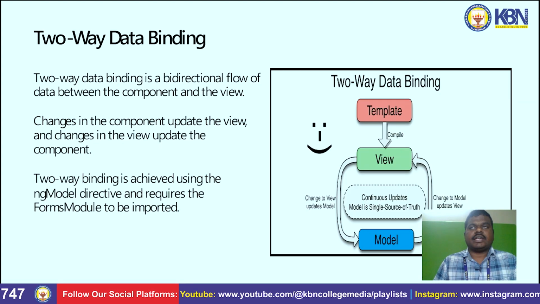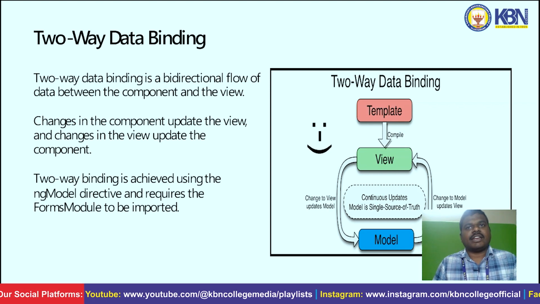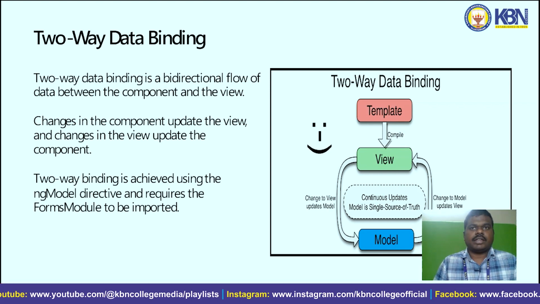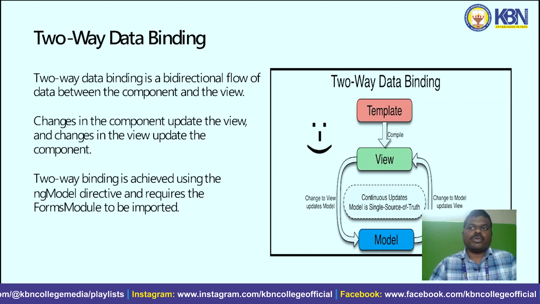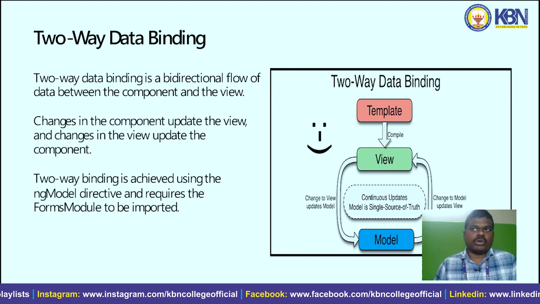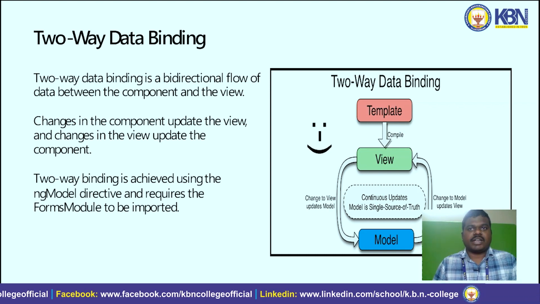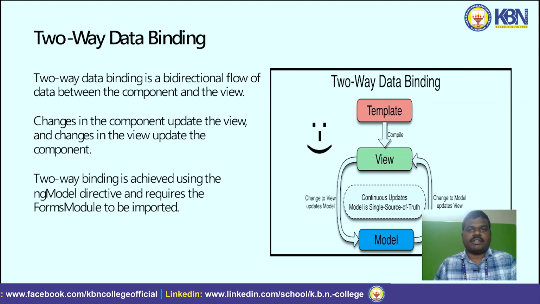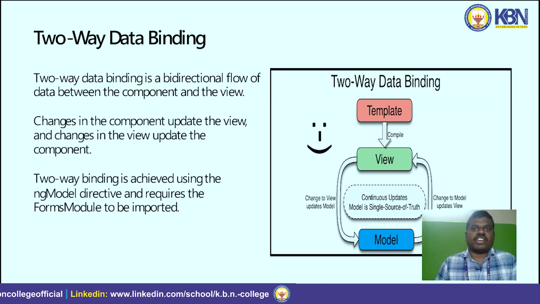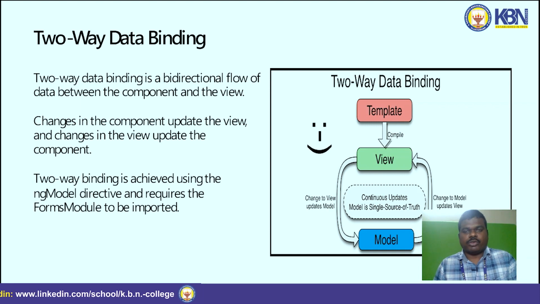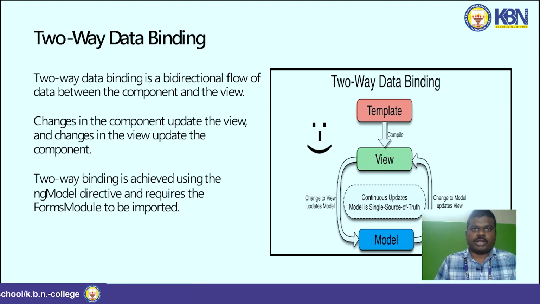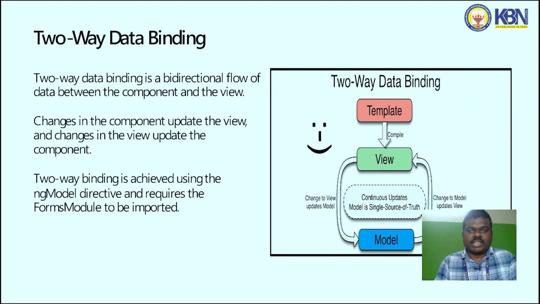Two-way data binding is a data binding that involves the flow of data through front and back. Means the data can go from there to here and here to there at a time. At a time, the data can flow in two ways. It's like chatting in messages. Like we all know Facebook, WhatsApp, any social media application. If you observe, while I am chatting with my friend, we both can chat at a time. There is no disturbance like in the phone call, because here the data is in synchronization at the two ends